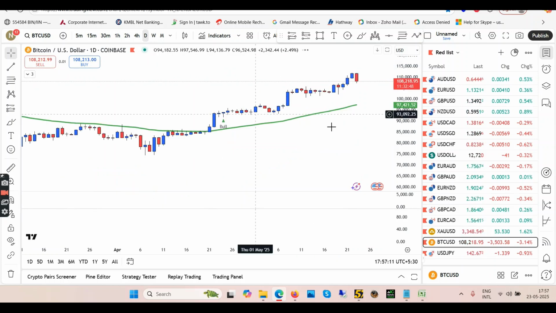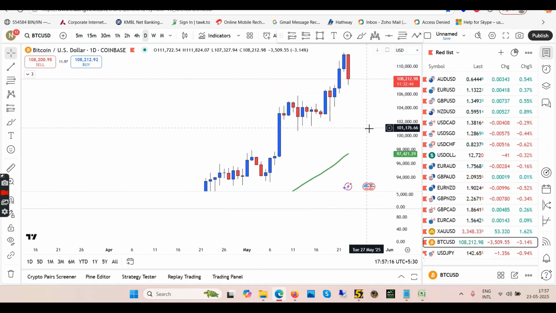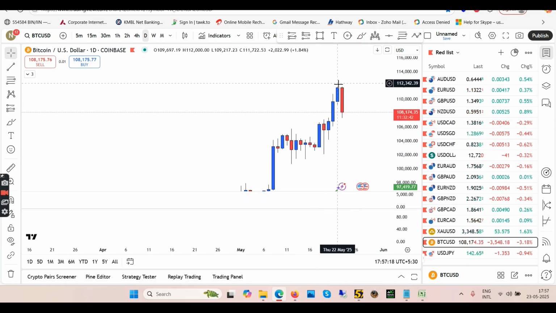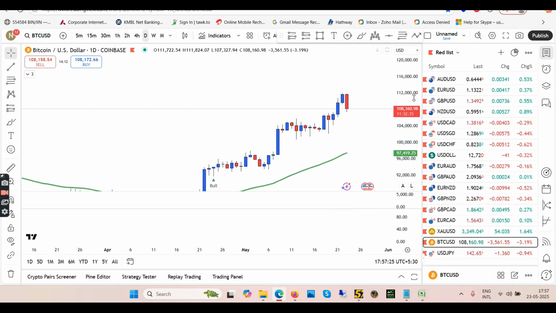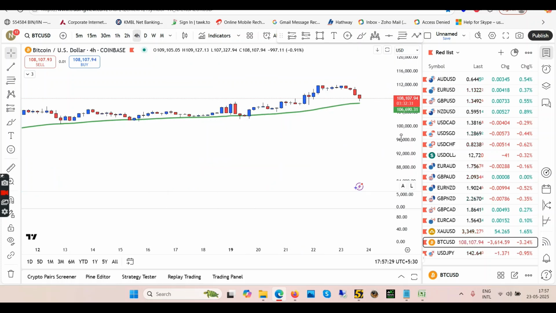Let's get back to daily now. In daily as well, the same situation. The trend is up, but we have exhausted the uptrend now. So uptrend is complete. Now we are taking a pullback. So when to enter exactly, man? What's happening here? Let's go back to 4 hour to see what's happening.